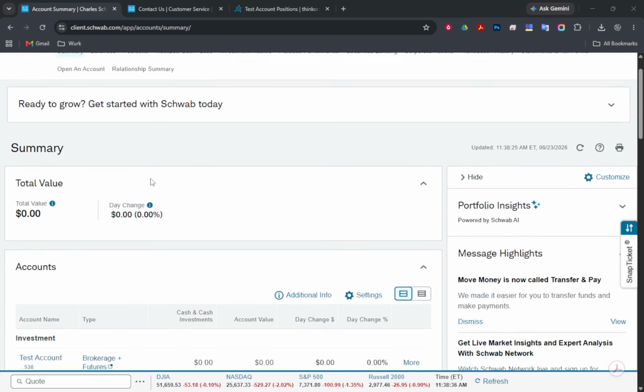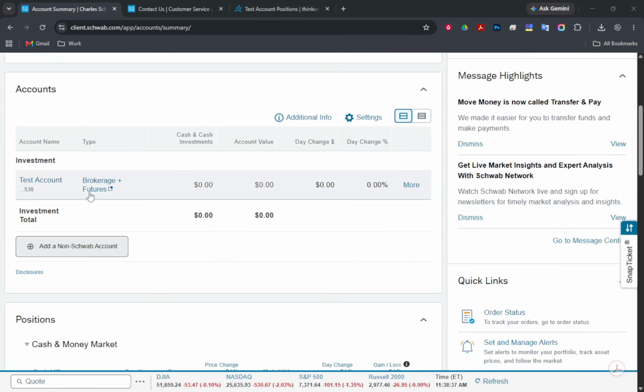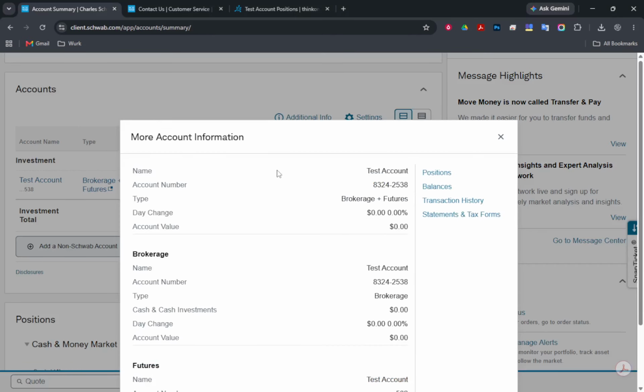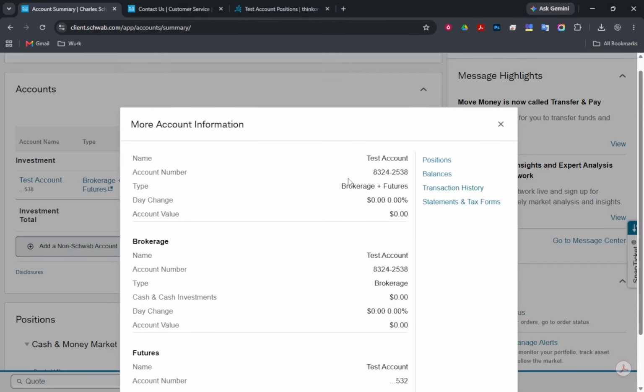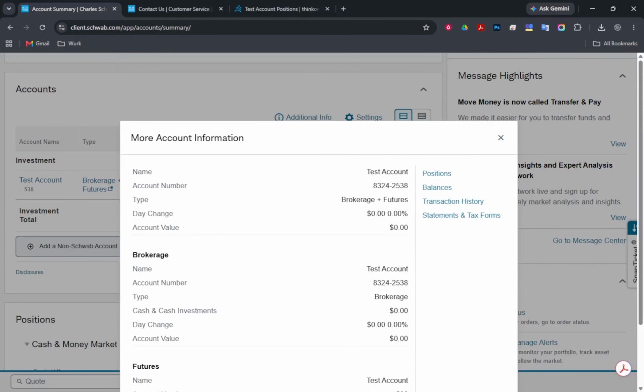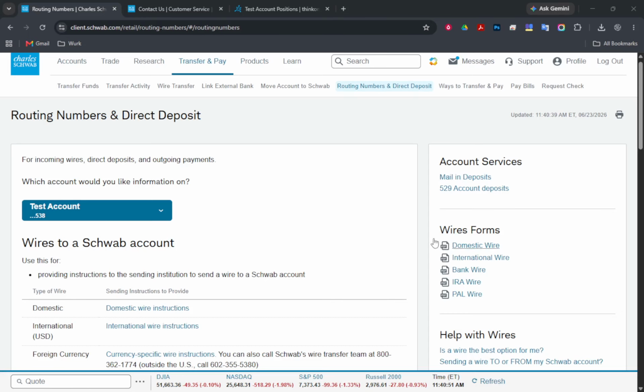Now, pick your account from the list. This step is crucial to ensure you're viewing the details of the correct account. Once you've selected your account, you can view or download the details. There's also an option to print a PDF, which can be handy if you need a physical copy for your records. This alternative method is especially useful if you prefer working on a larger screen or need a hard copy